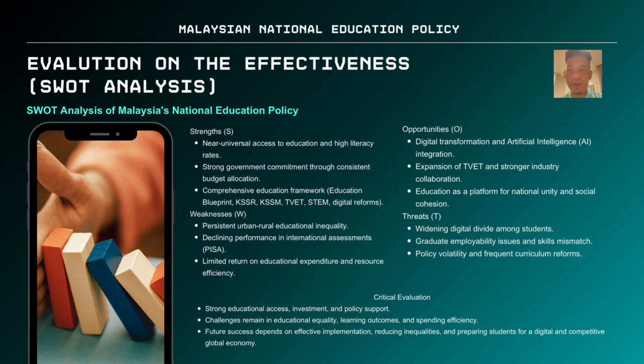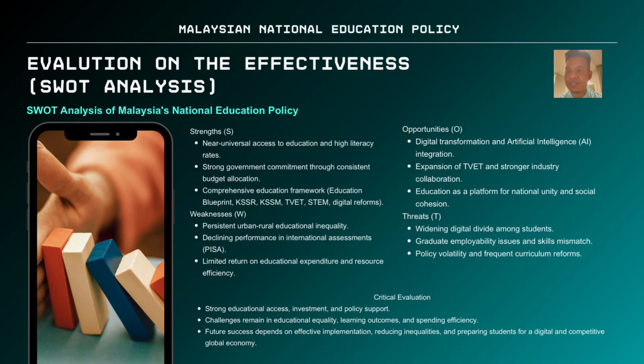I will present my part, which is the evaluation of the effectiveness of the National Education Policy using SWOT analysis. Before analyzing the policy, I would like to pose a critical question. Despite receiving one of the largest allocations in the national budget every year, has the Malaysian National Education Policy truly achieved its intended objective? To answer this question, we will examine the policy from four dimensions, which are strengths, weaknesses, opportunities,